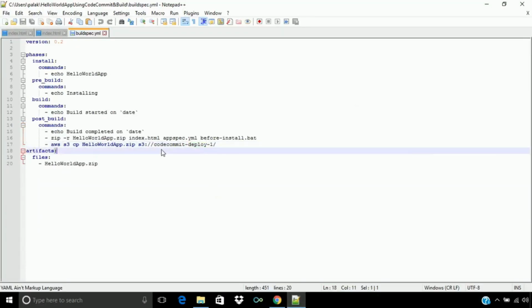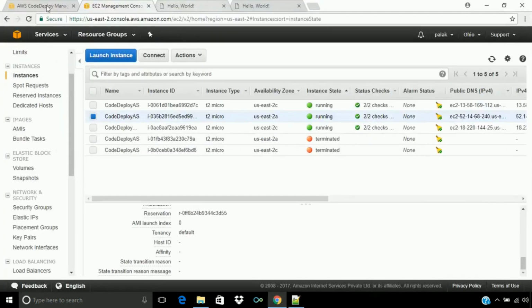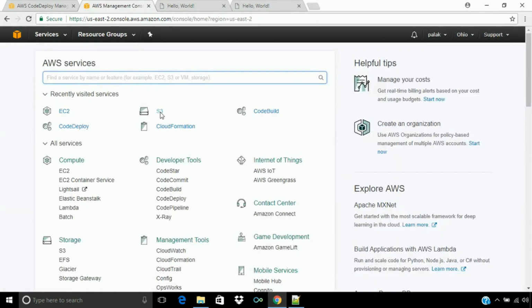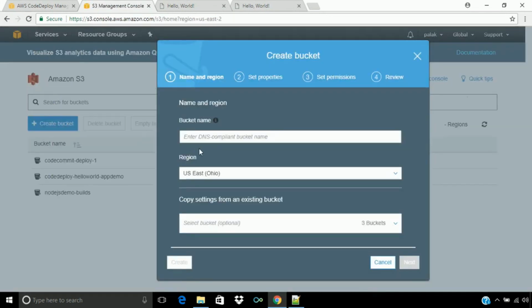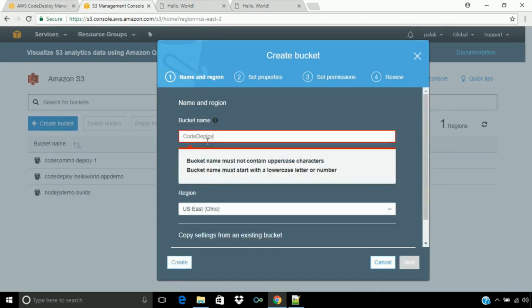We have to use the bucket which we are going to use while deploying the application. So let me create a new bucket here. That will be code deploy code commit hello world demo.